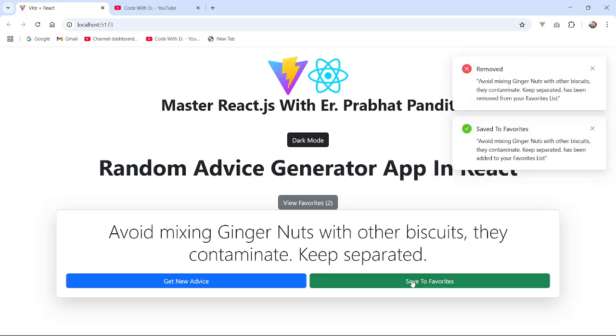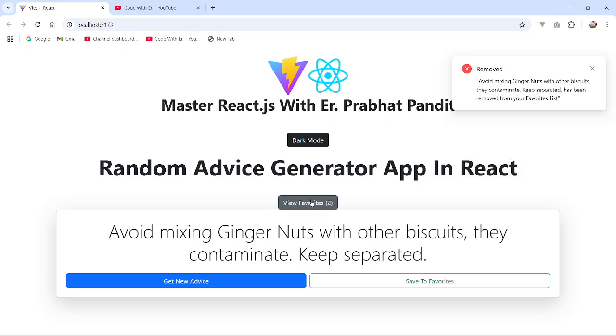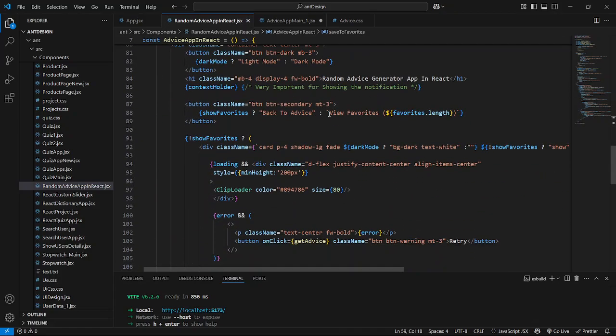Okay, remove this. You can see here, removed. Okay, so this is doing great. We have to make this button now functional, clickable. So come to the code now, come to the view